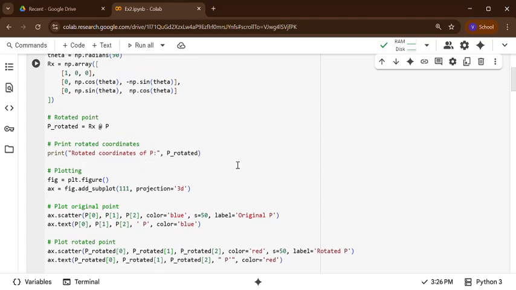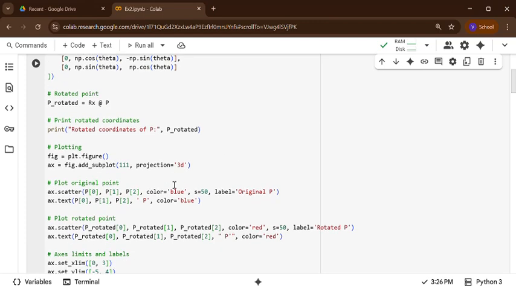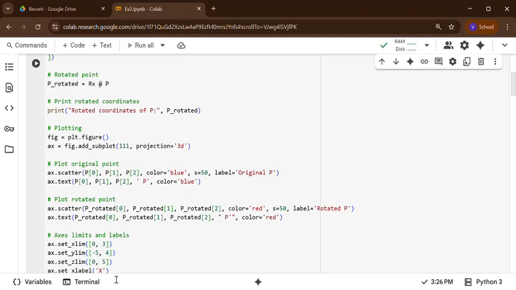This is for the rotation, but we have to see the plot. For that we have to use these functions. One is plot figure. We have to call the figure function. To this we are going to add the subplot, but this is not required because if you want to add more plots, then you can use subplots, otherwise you can leave it. And the next one is, so here we have the plots.